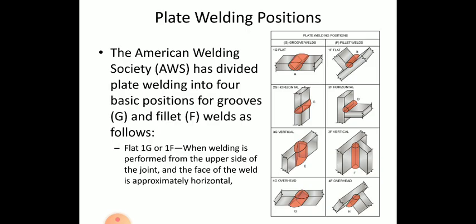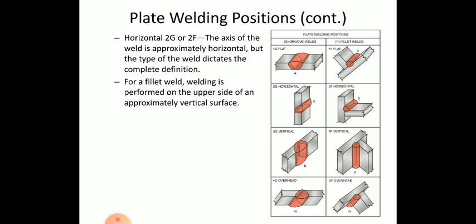सो दीज आर द बेसिक फोर काइंड ऑफ वेल्डिंग पोजिशंस, that is the flat position, horizontal position, vertical position and the overhead position. So these are all categorized as 1, 2, 3, 4, for the groove welding or the fillet welding, right? So that is the welding positions. For the groove weld, the face of the weld lies in an approximately vertical plane. As you can see, in 3G or 3F the axis is vertical, that is the vertical position, and the overhead is when the welding is performed from the other side of the joint, you can see here,